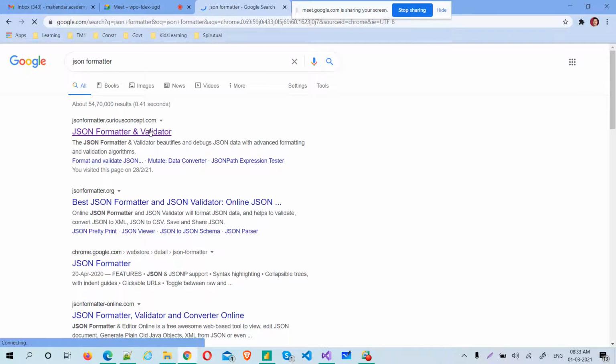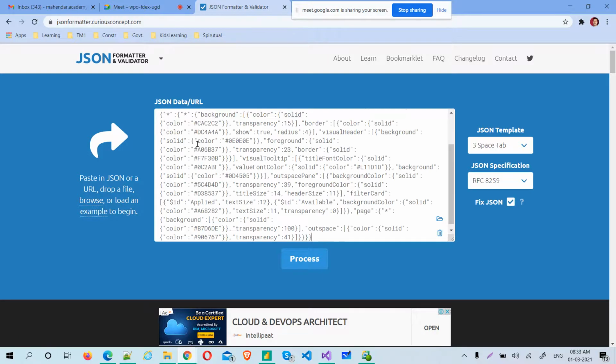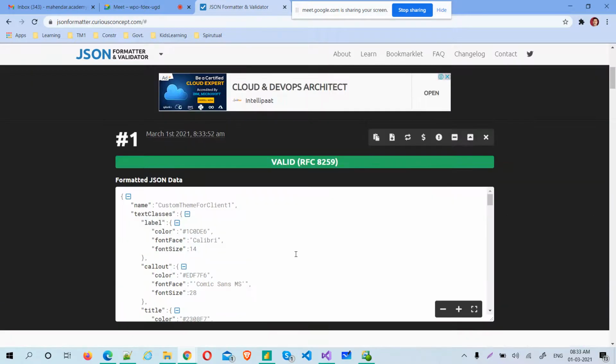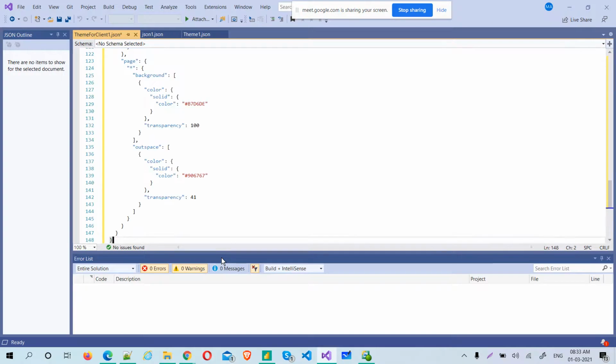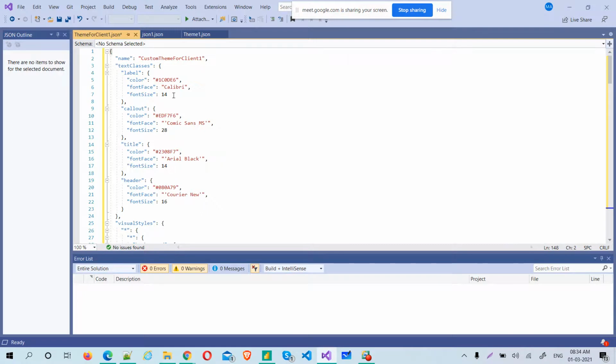Open the first one, paste the code there, then process. It will give you the formatted code. Control A, Control C, come here and paste it. Now you understand. This is easy to understand. JSON understanding is very easy.